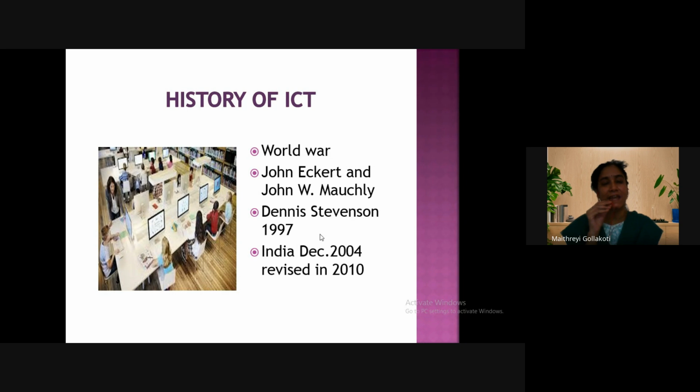And then there is Dennis Stevenson in 1997 who started using ICT tools for education. In the Western countries, it started in 1997. They started using ICT tools for education, and that was started by Dennis Stevenson. But in India, it started in 2004. In 2004, our government declared that ICT tools should be used in education, and they started giving